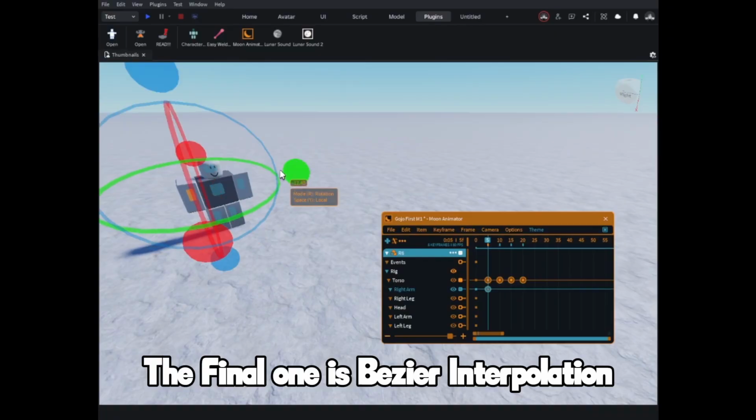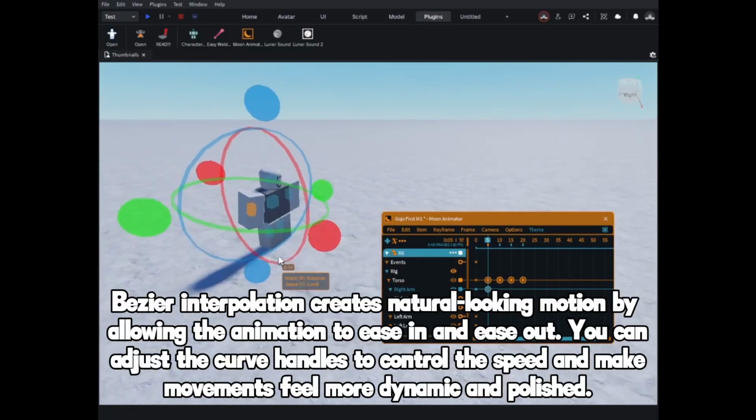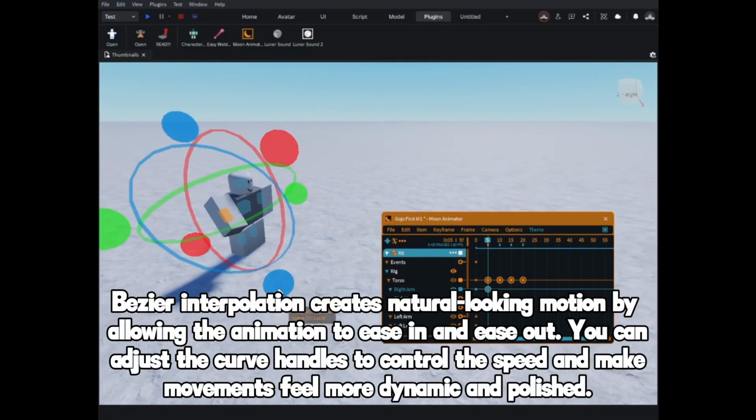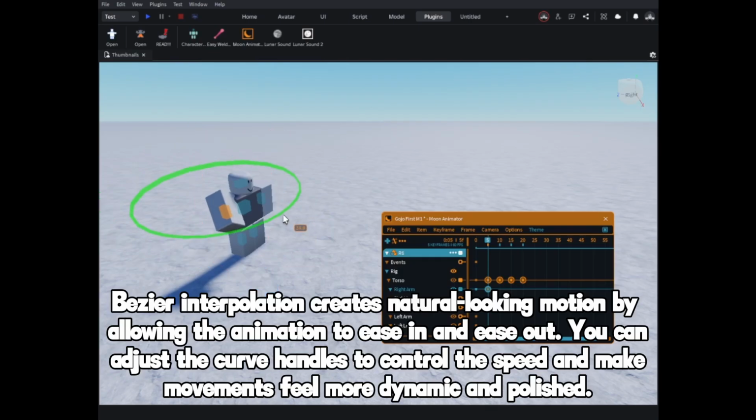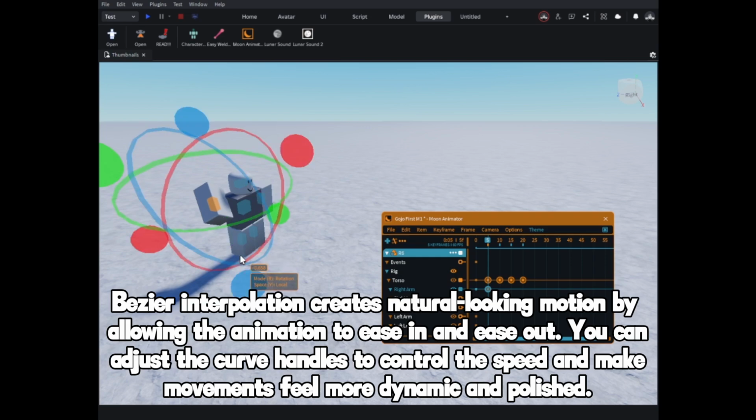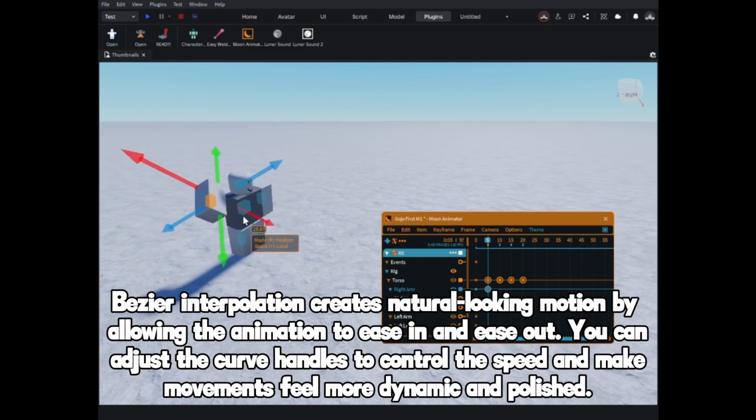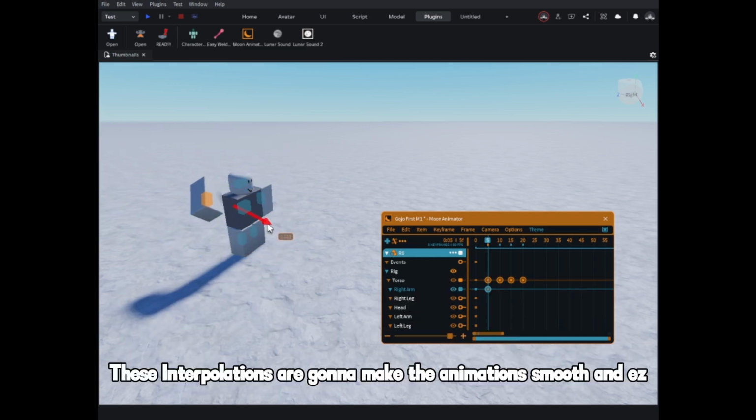The final one is Bezier interpolation. Bezier interpolation creates natural-looking motion by allowing the animation to ease in and ease out. You can adjust the curve handles to control the speed and make movements feel more dynamic and polished. These interpolations are going to make the animation smooth and